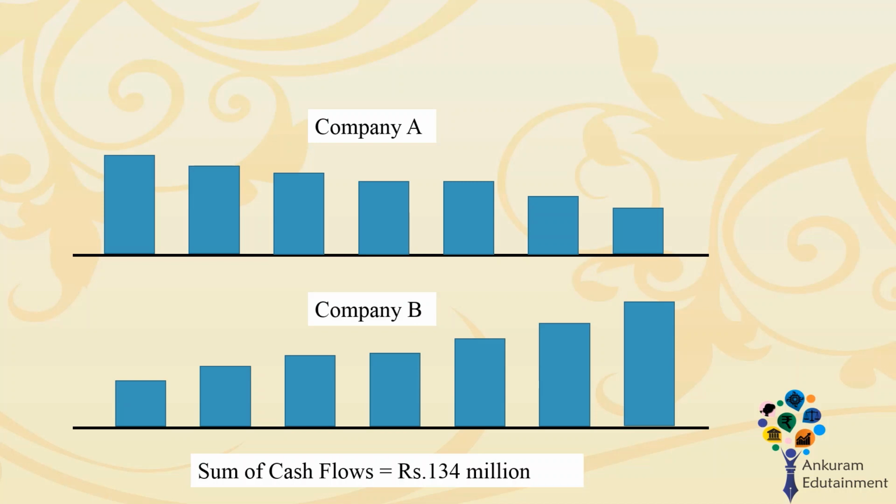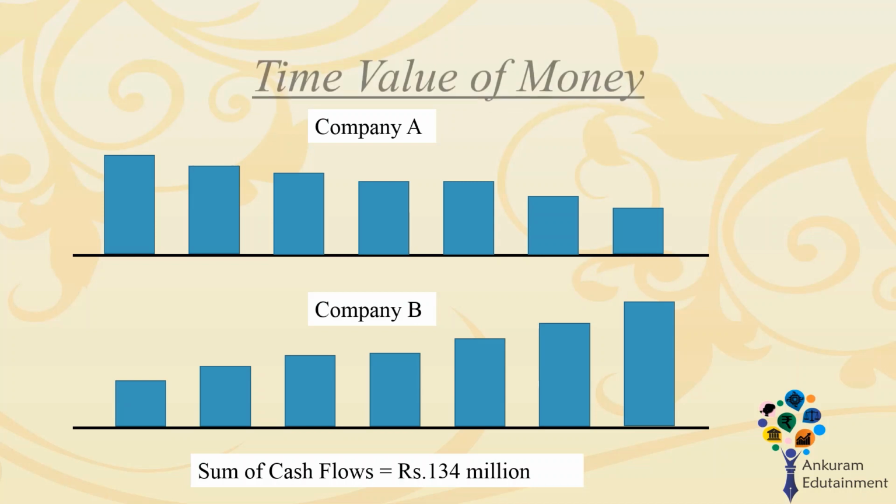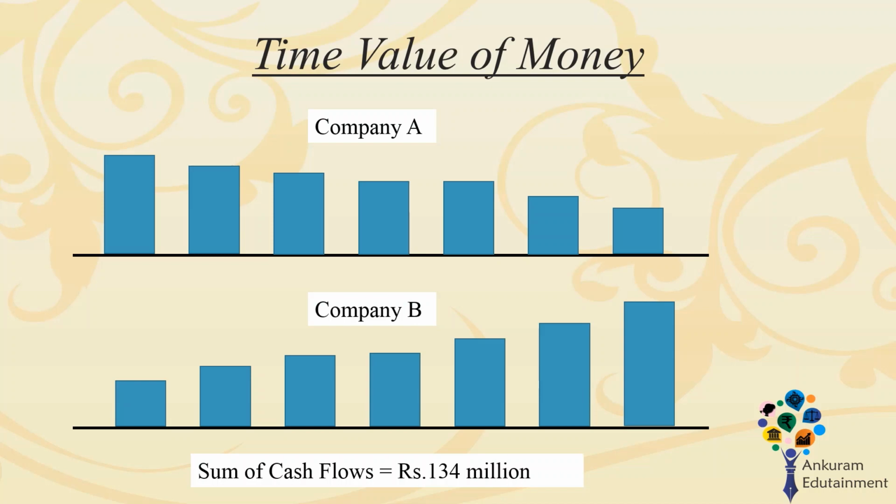That is why another principle of finance is introduced, that is time value of money, which is based on a concept that a rupee earned today is more valuable than a rupee earned tomorrow. The reason is the rupee that is earned today, you can invest it and earn interest from it. That is why company A is more valuable than company B, because the cash flows produced by company A today are more valuable than the cash flows produced by the same company in the next year or in the time frame of 10 years. To account for this concept, an extra instrument is required, that is discount factor.